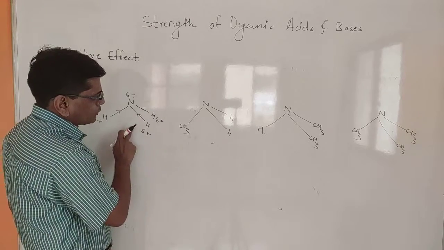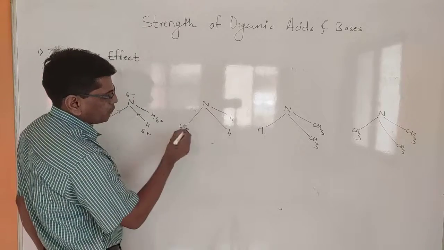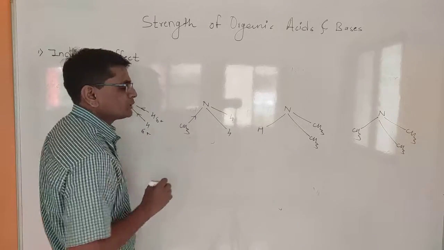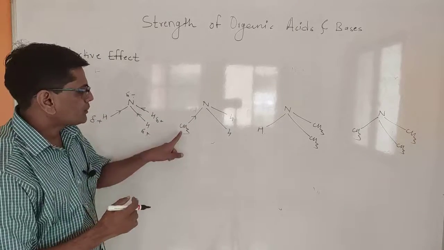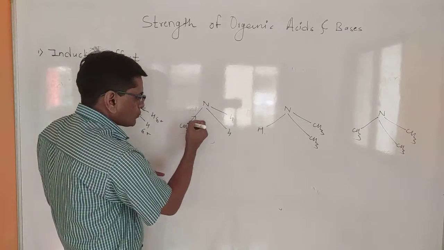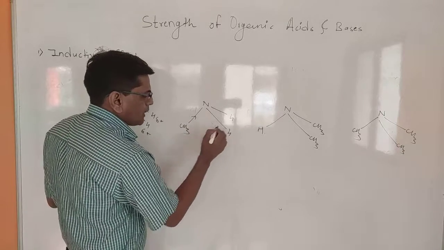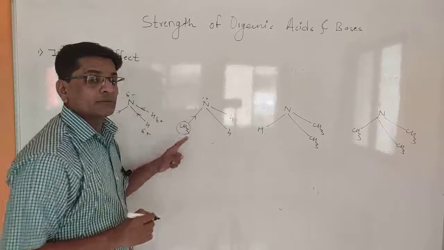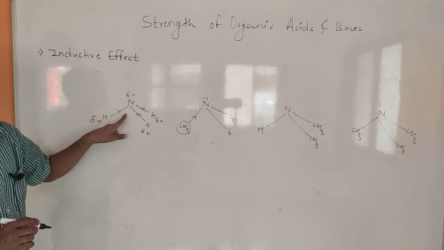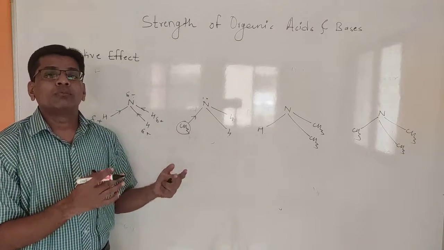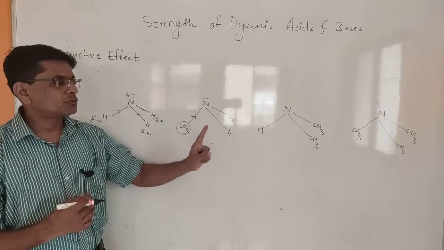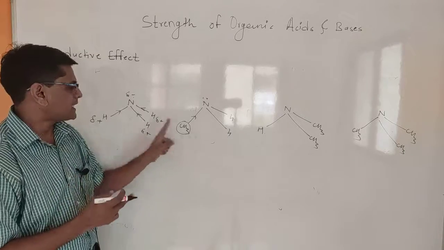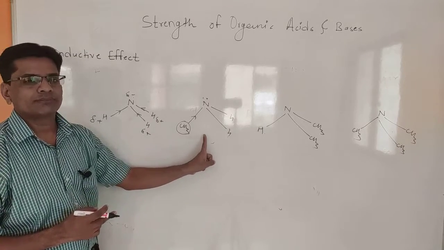Now when we compare this ammonia molecule with methylamine, in methylamine one hydrogen is substituted by a methyl group. Due to that, this methyl group shows an electron donating inductive effect, and nitrogen withdraws electrons more strongly from CH3. As compared to these two hydrogens, this CH3 group will donate more electrons. That's why this nitrogen is more electron rich as compared to this nitrogen. And the more electron rich the nitrogen, the more is the tendency to donate the electron pair. So, according to the definition of a base, this molecule can give the electron pair easily as compared to this molecule. That's why this is the stronger base.